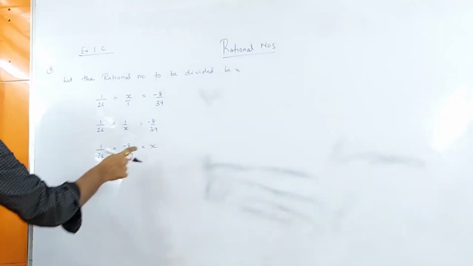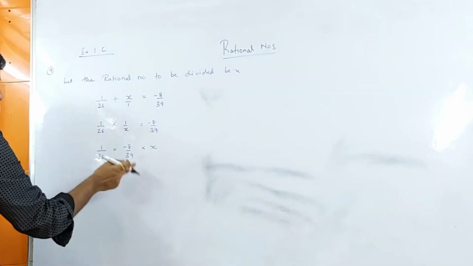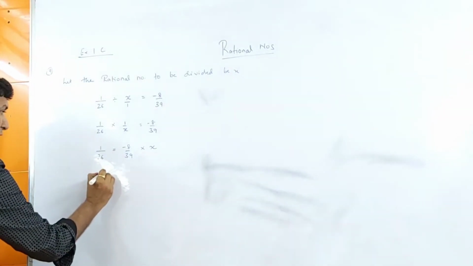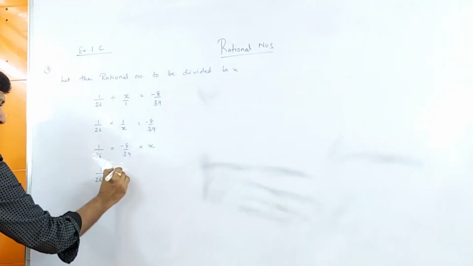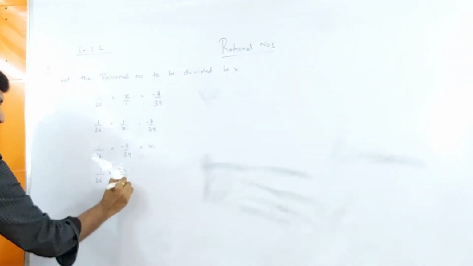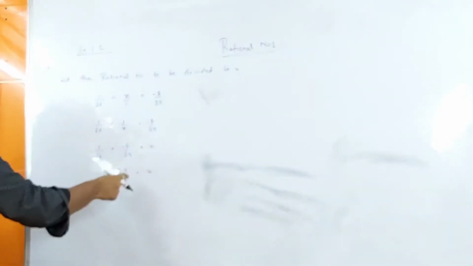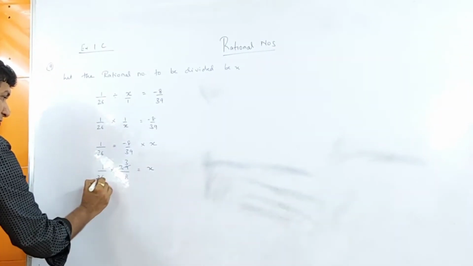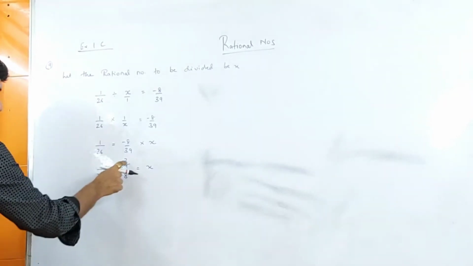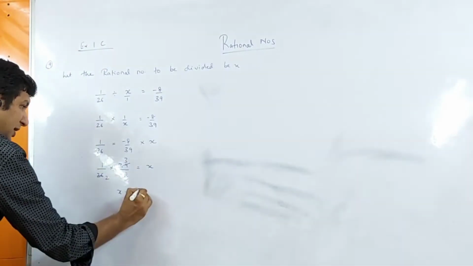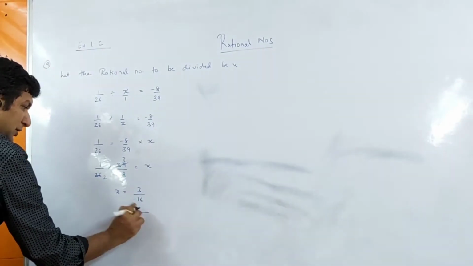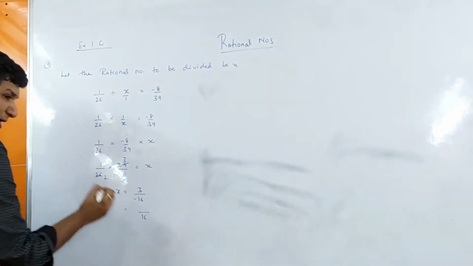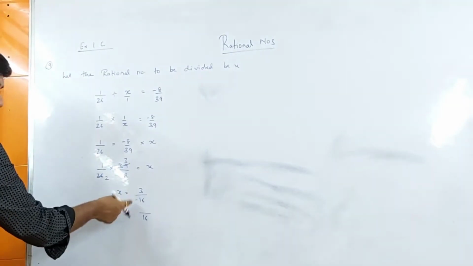Now this is done. Now I have to find the value of x. So any number with x, again I have to change the side. So here 1 upon 26 will remain as it is. 39, which is the denominator, will come in the numerator, and this will come in the denominator, and the answer you will find for x. 13 3s are 39, 13 2s are 26. It is not further divisible. 3 1s are 3 and 2 into minus 8 is minus 16. As I have told you, these are called negative rational numbers, and for negative rational numbers we always have the negative sign in the numerator. So the answer is minus 3 upon 16.